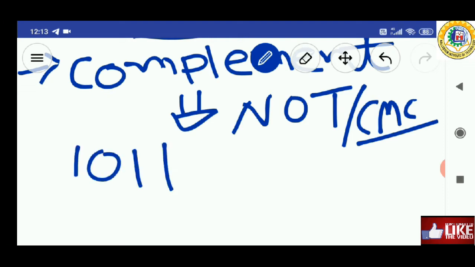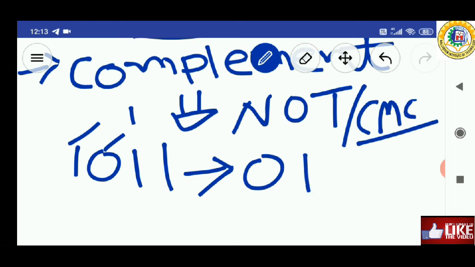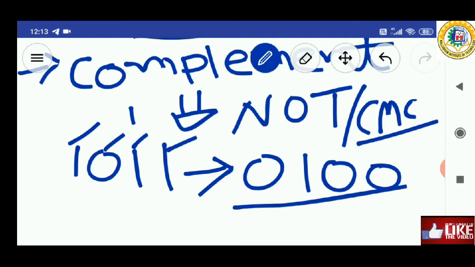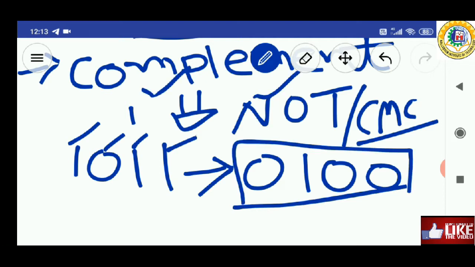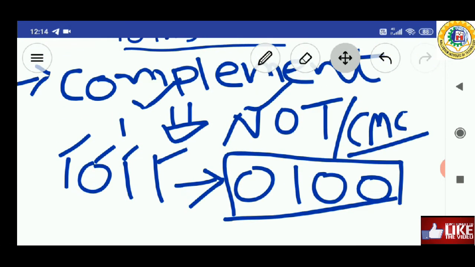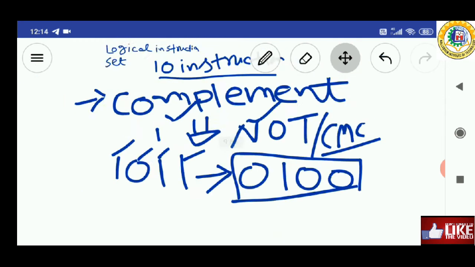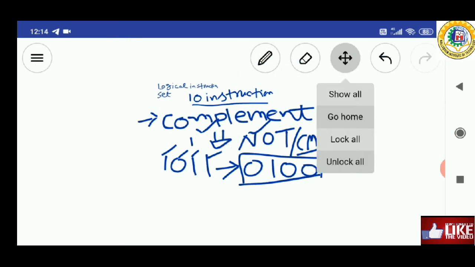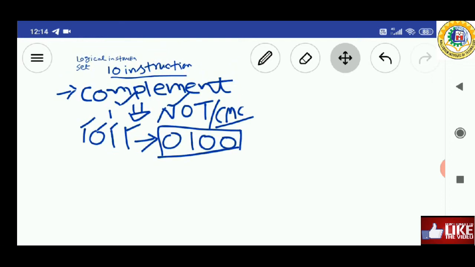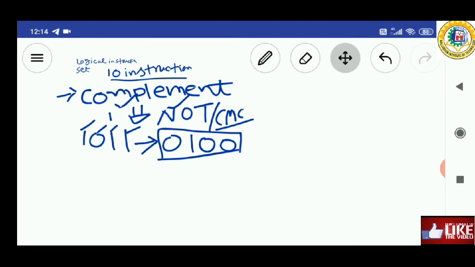If we complement it, this 1 becomes 0, this 0 becomes 1, this 1 becomes 0, and again this 1 becomes 0. So this is the simple complement or NOT operation. Its complement is 0100. Now we will see how this operation happens in the backbone of a computer.